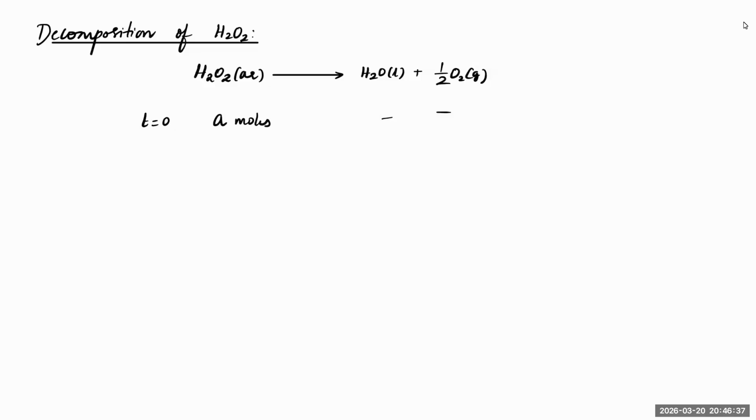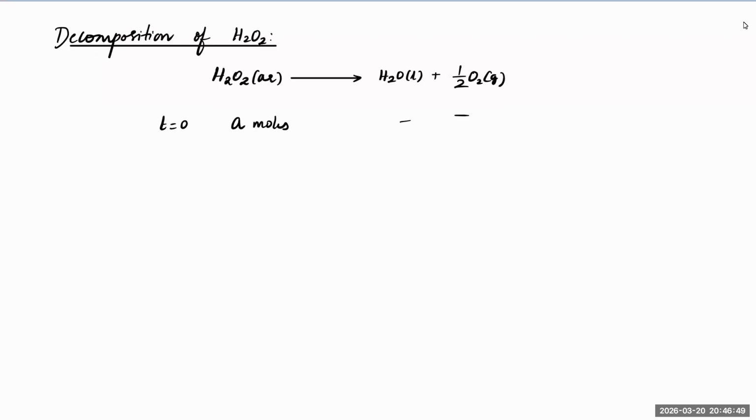Let's see the decomposition of H2O2. How is this applicable and how is it used as a first order kinetics? Normally, the decomposition happens as a first order kinetics. So if I say that at time t equal to 0, some A moles were present and there was no